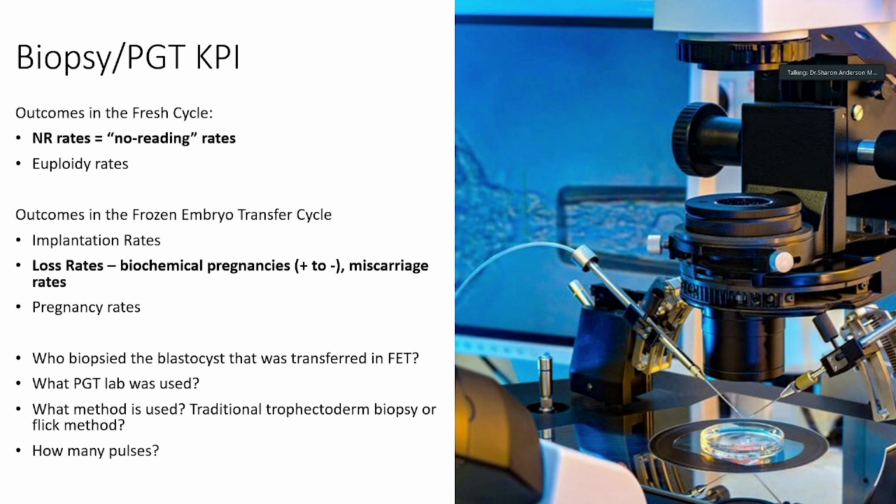PGT is a hot topic. Like the other speakers, we do track NR rates or no reading rates. And we also track euploidy rates. We track that in the fresh cycles, and then in the frozen embryo transfer cycle, we track implantation rates. But I also think it's really important to look at your loss rates, track those biochemical pregnancies, track those miscarriages, and then again, think about what things can affect your outcomes. It's not only who does the biopsies, but also what PGT lab was used, your method of biopsies,